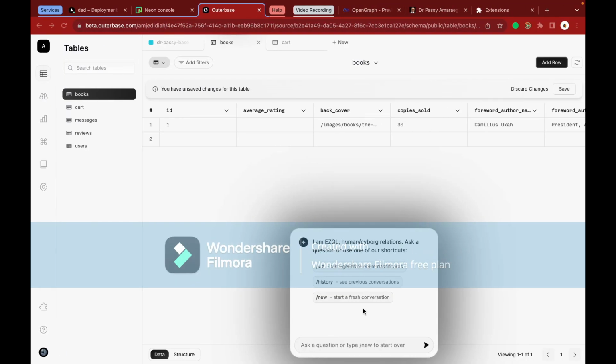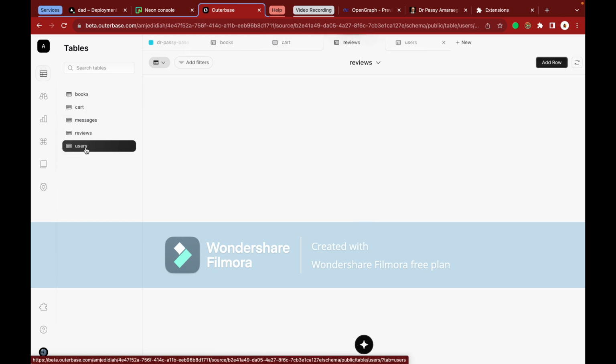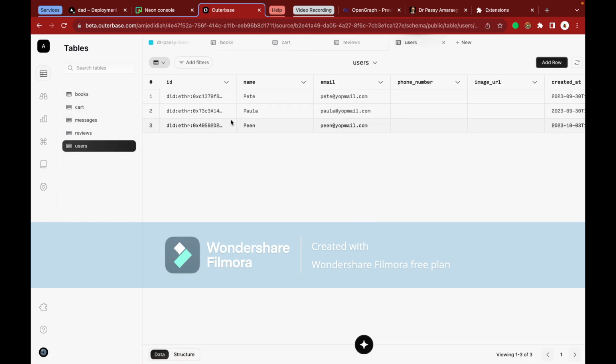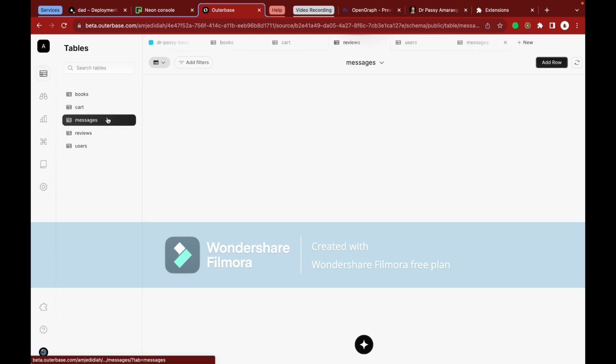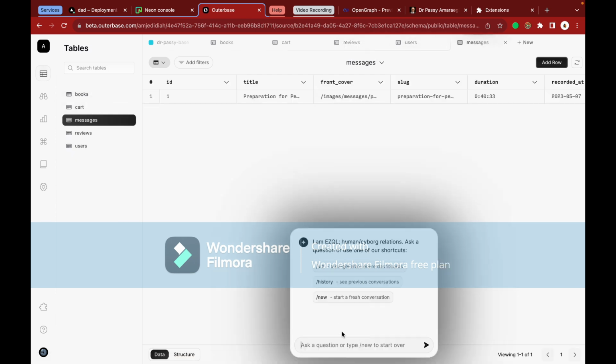I really am grateful for EZQL, and a good number of times I could check the result of the prompt I gave to it with ChatGPT, and it came out really nice. So I'm really grateful for Outerbase and EZQL, basically to allow me to visualize my data, and also to be able to use EZQL to do all this awesome, amazing stuff.